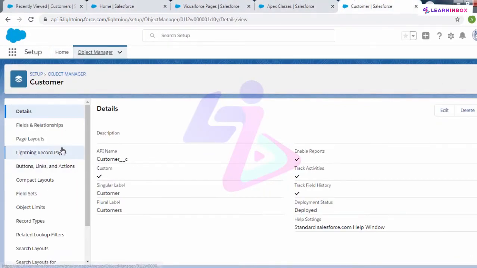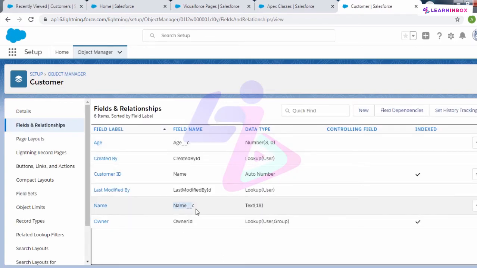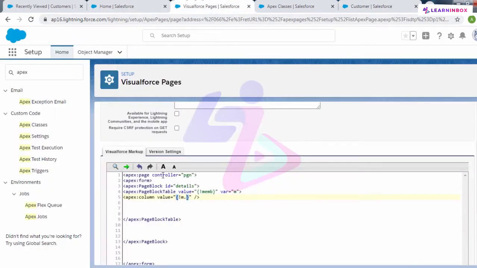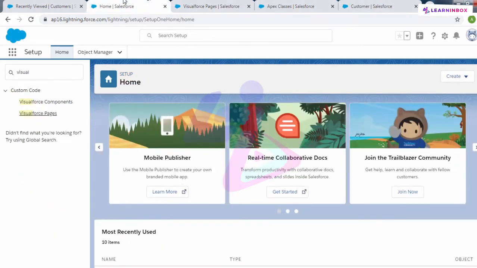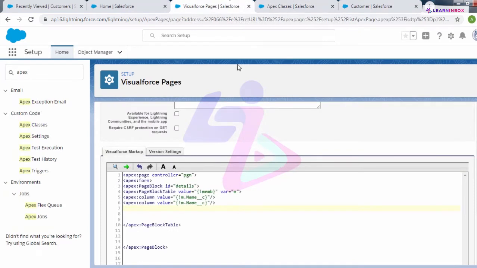So we'll go to fields and relationships and I'll take the API name, the field name you can say. So I'll use this field name here. Now this tag is completed. Similarly, I want to use the age field here, so I'll just copy and paste it, and instead of name I'll write age. I'll copy the age field name and paste it here.